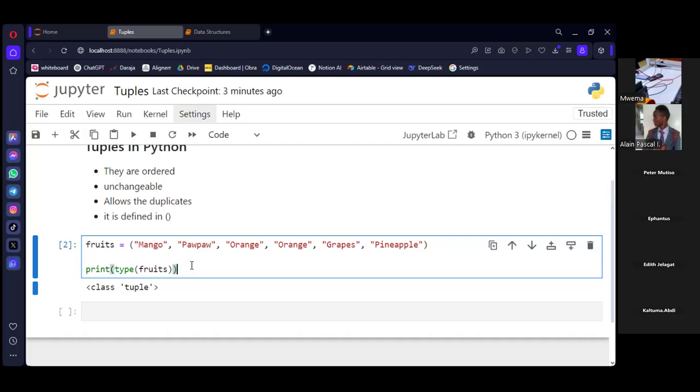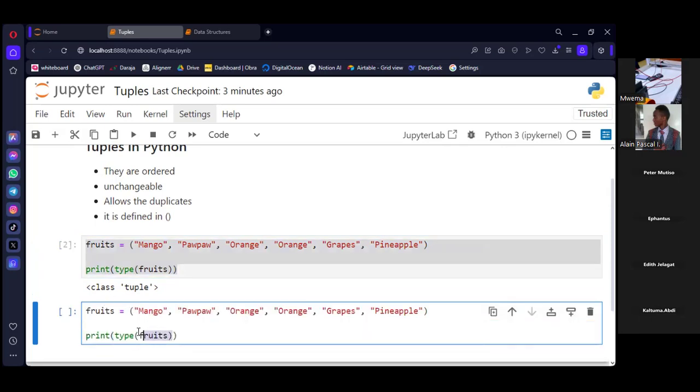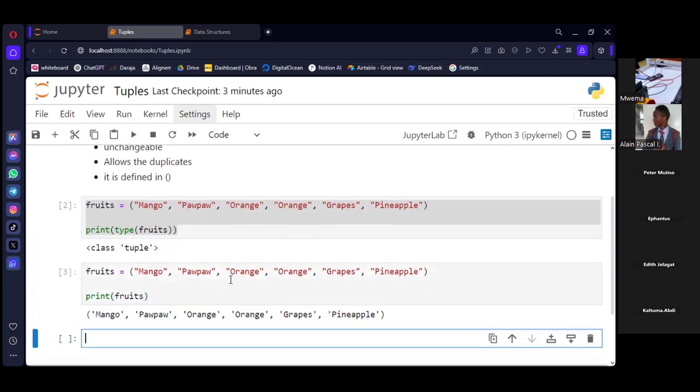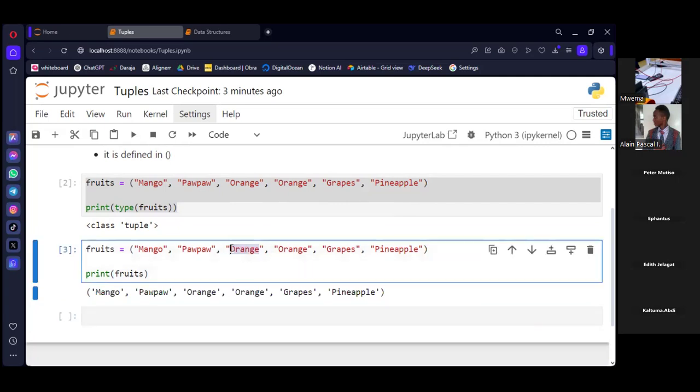And then just to demonstrate, first of all, okay, let me see. So these are object fruits. Now, first of all, I think these fruits have a duplicate. You can see we have orange, and then in the output, we can also see we have orange.